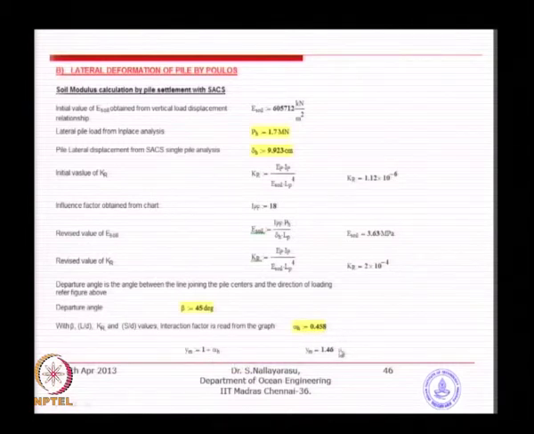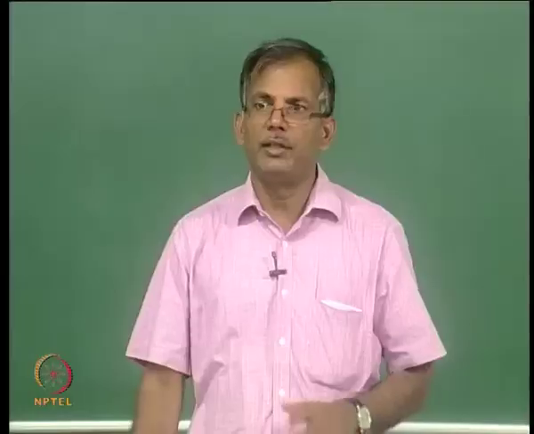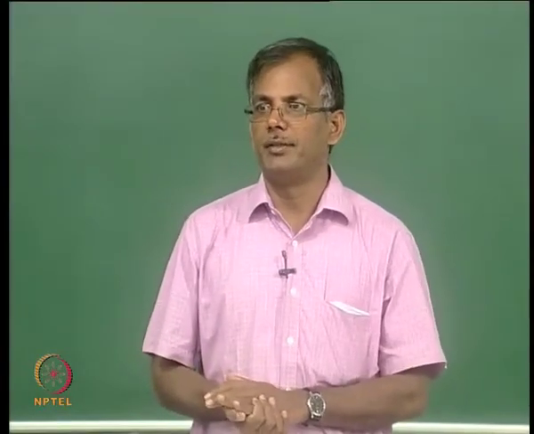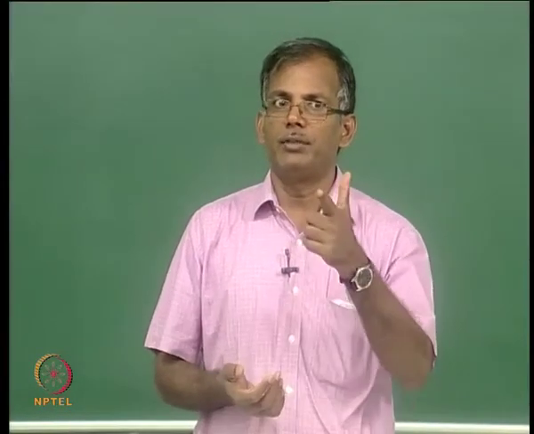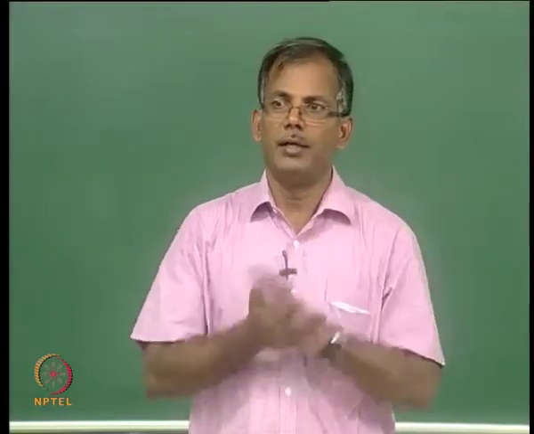So, 1 plus that, you can surprisingly see that this also comes to be 1.46. It does not mean that it will be 1.46 for your problem. It so happened that depending on the values of the soil parameters, this can change. So, I think that gives you an idea of a typical pile group effect. What we have looked at is only the deflection and capacities.